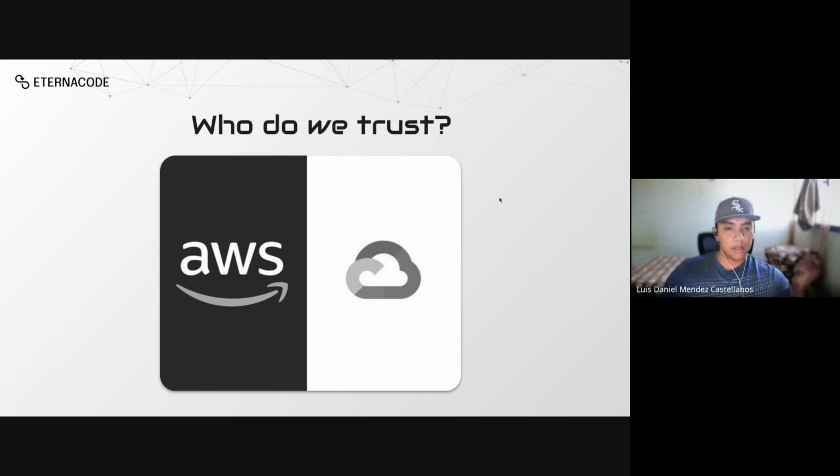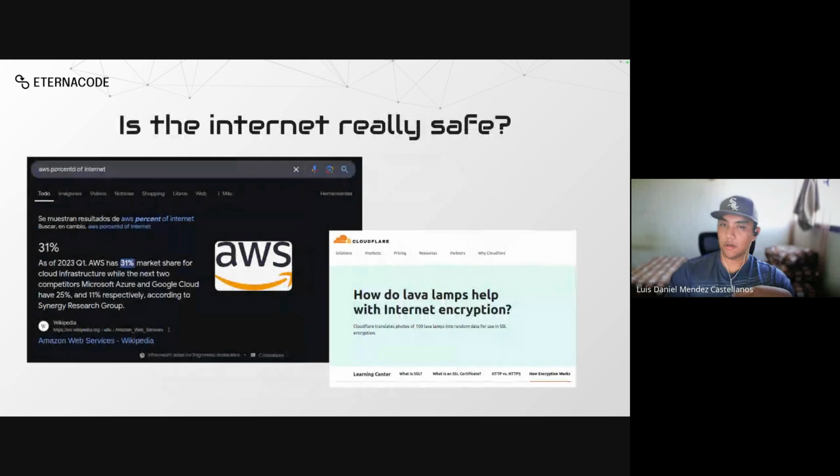So, who do we trust? In this case, as we know, AWS and Google Cloud are the principal providers of services on the internet. I read yesterday that AWS has 33% of the services on the internet on their servers, and Google Cloud another big proportion. Is the internet really safe? AWS has 31%, and also Cloudflare, that is another service that provides services